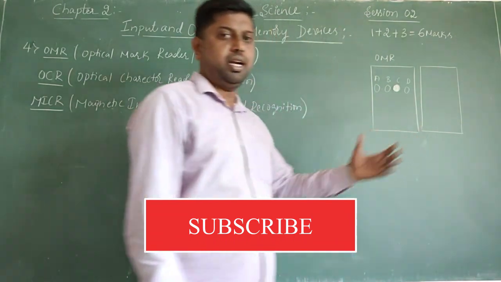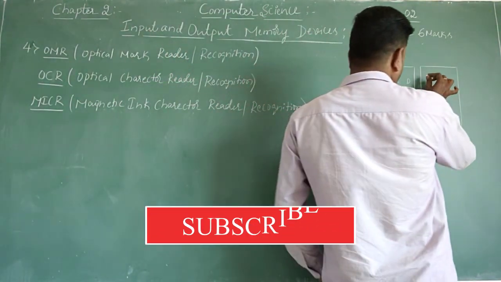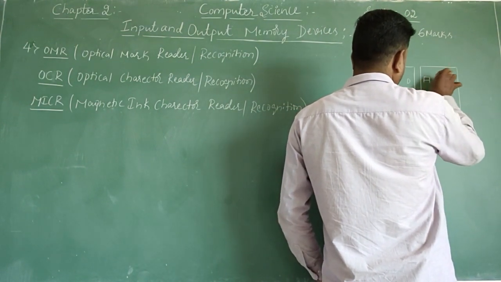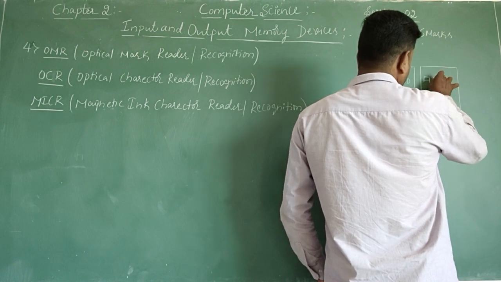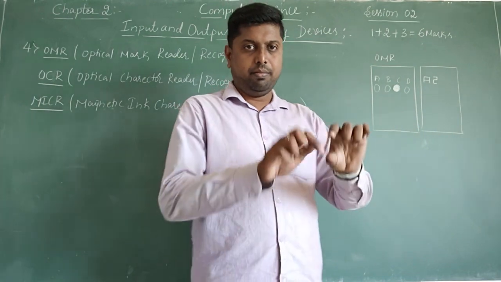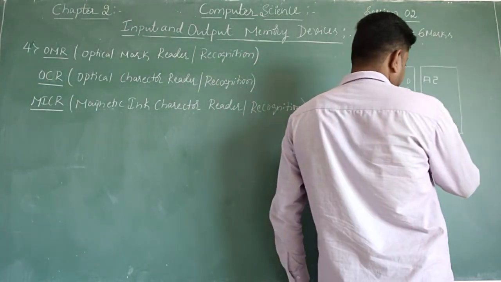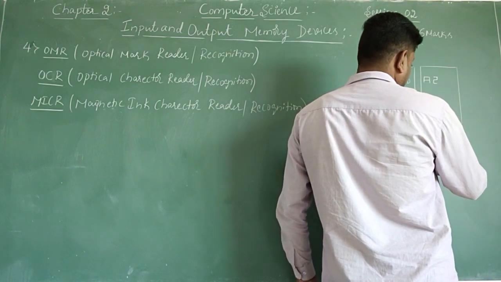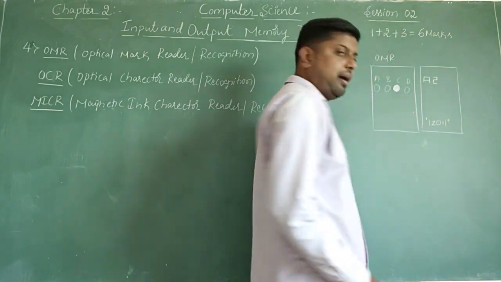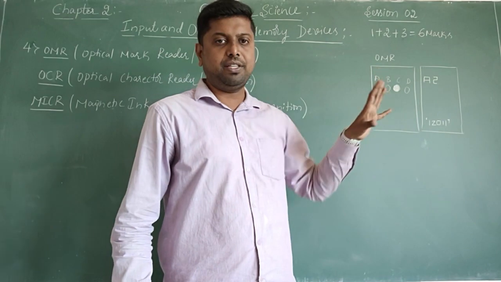So if this sheet contains some characters, like these fonts, or if you are able to see these kinds of fonts on the check, below that check or DD, you will get some identification numbers, some different types of characters. So at that time, with the help of these characters also, we have a chance to read.